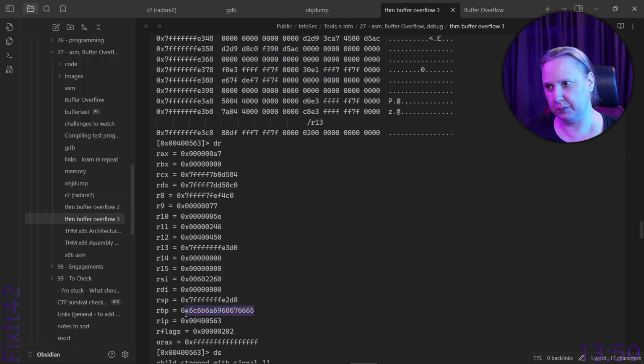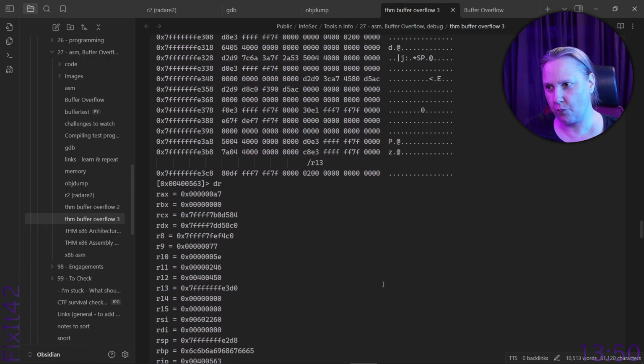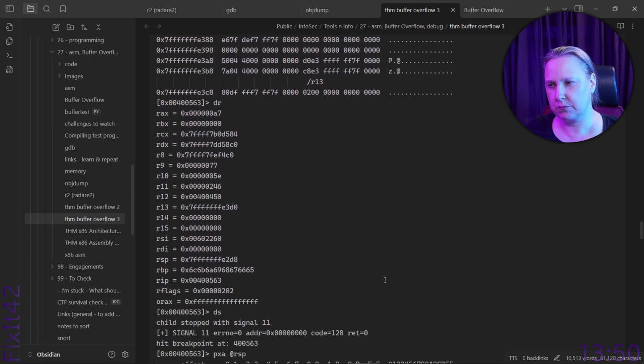Here you can see what RBP is. I'm remembering that we needed some time to run an instruction too. Maybe that's what I missed.